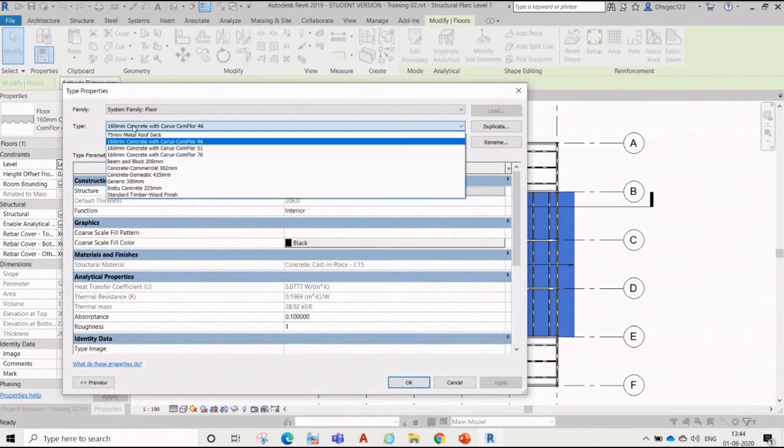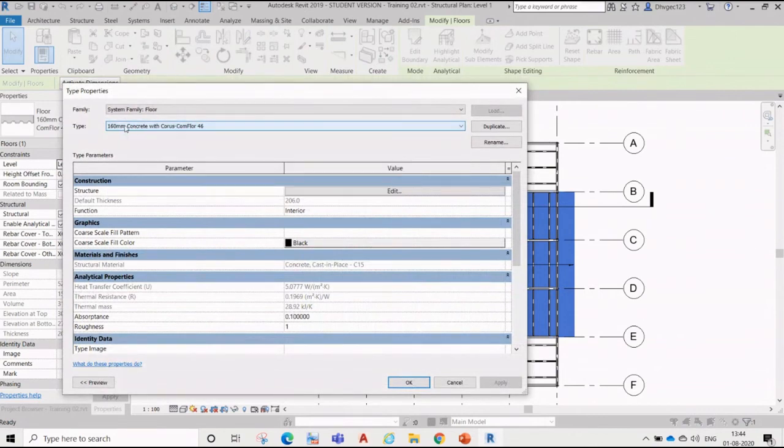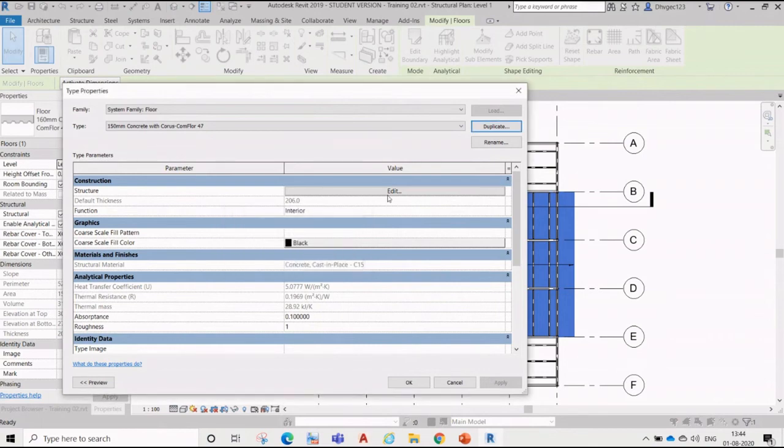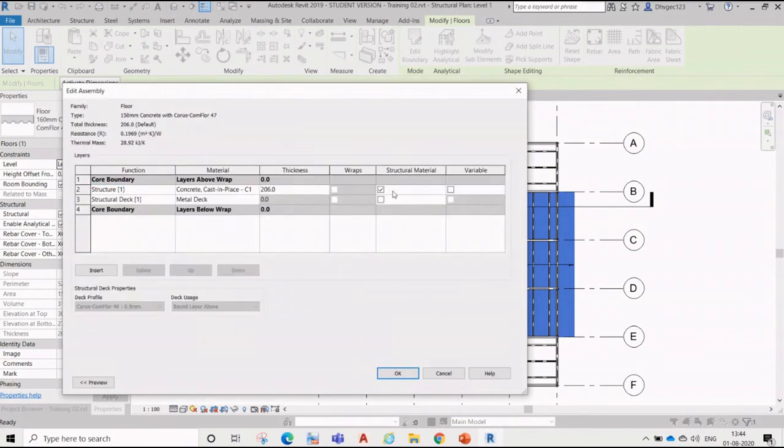So you go here if you want to change anything. Suppose you want to make it 150 thick. Okay, just make a duplicate. Go here, make 150. This is our definition, deck definition. Okay, what is the deck name? Go here, structure. See, default thickness is this one, and here this is metal deck.